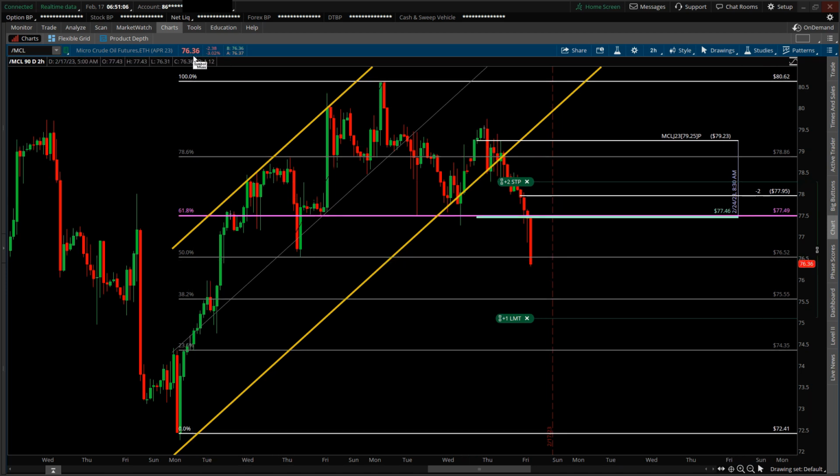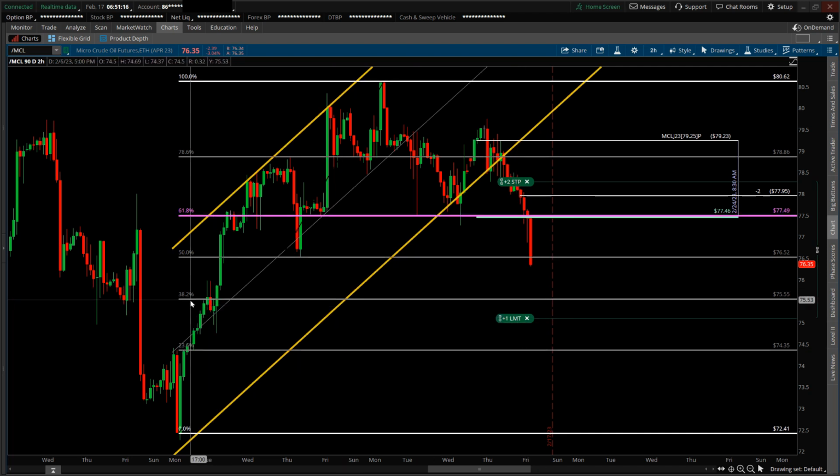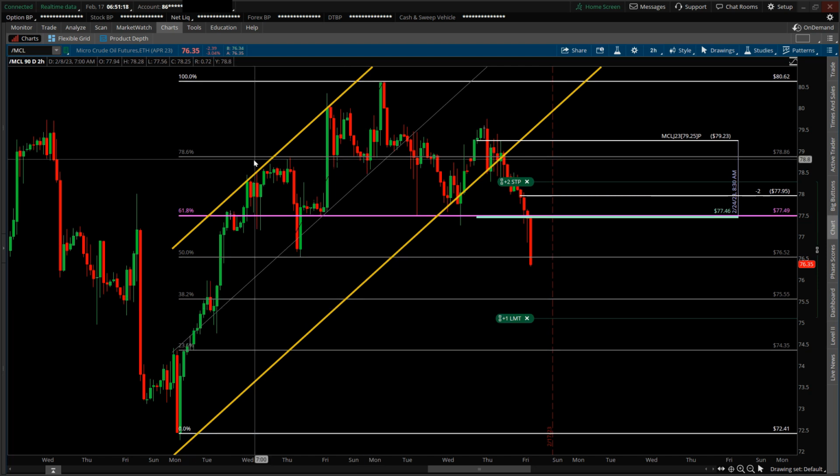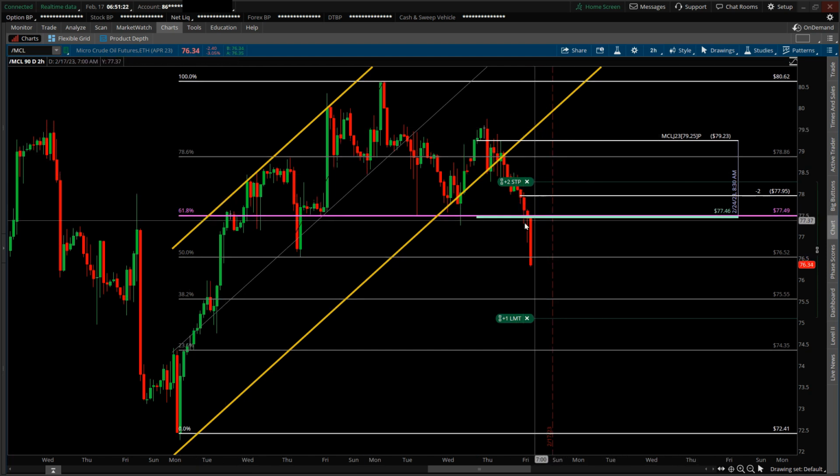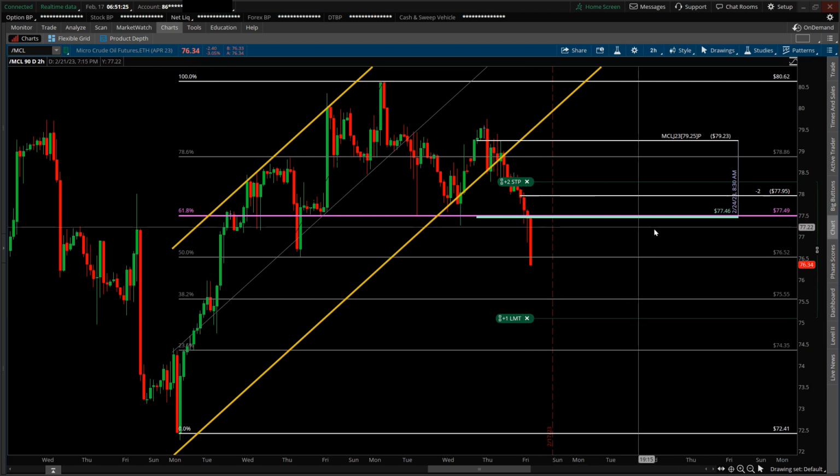Oil is currently trading at $76.36. So before going to bed last night, I did move this limit order below the 38.2%. And now the option contract is also profitable because price is now below this